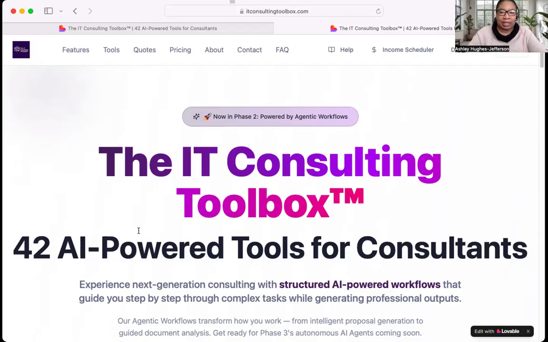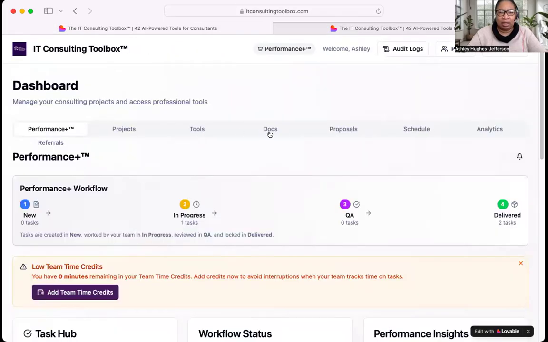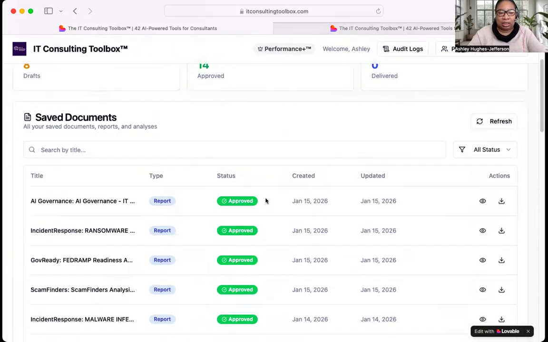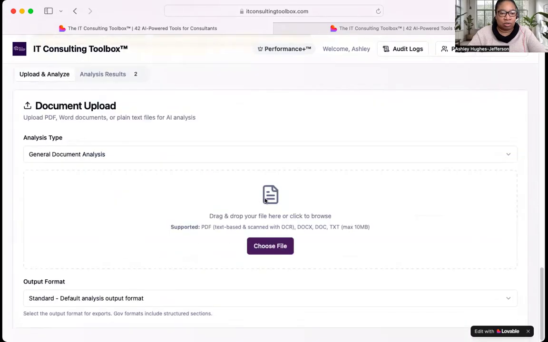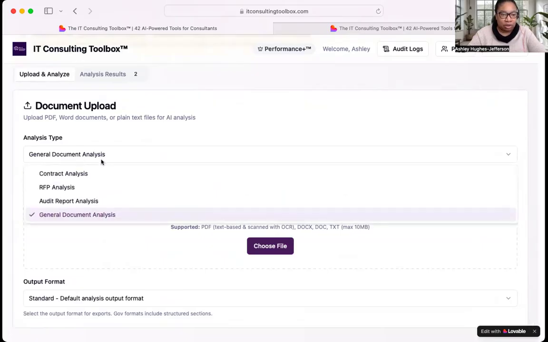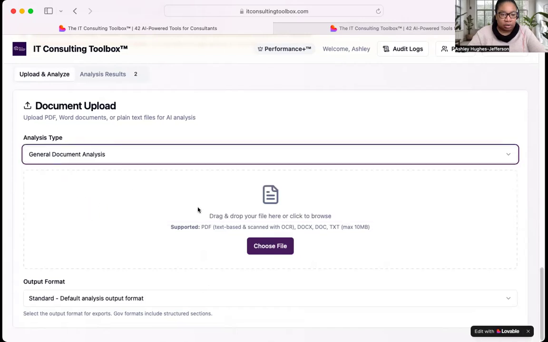implemented. I know the last time we had an issue with the document analysis. Well, I think it was the document engine and the analysis engine. So I will start there first so you all can see how it actually works. I'm just going to do a general document analysis,